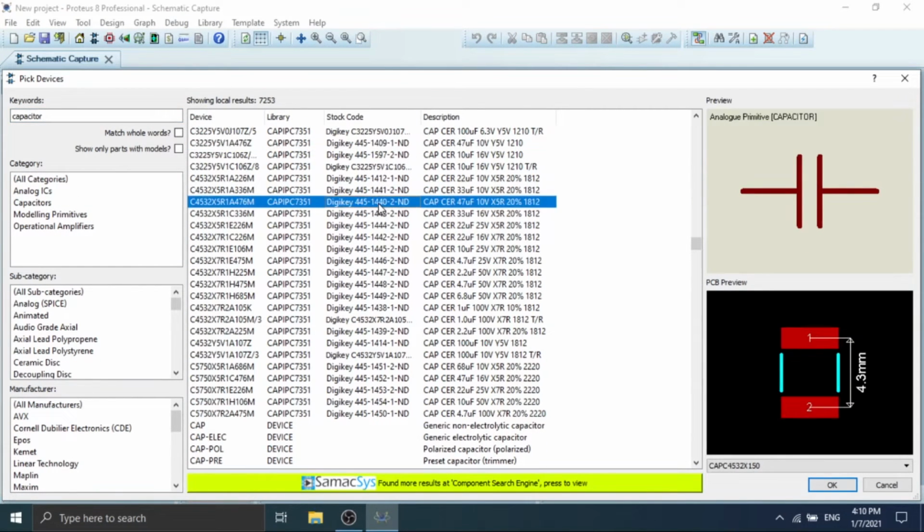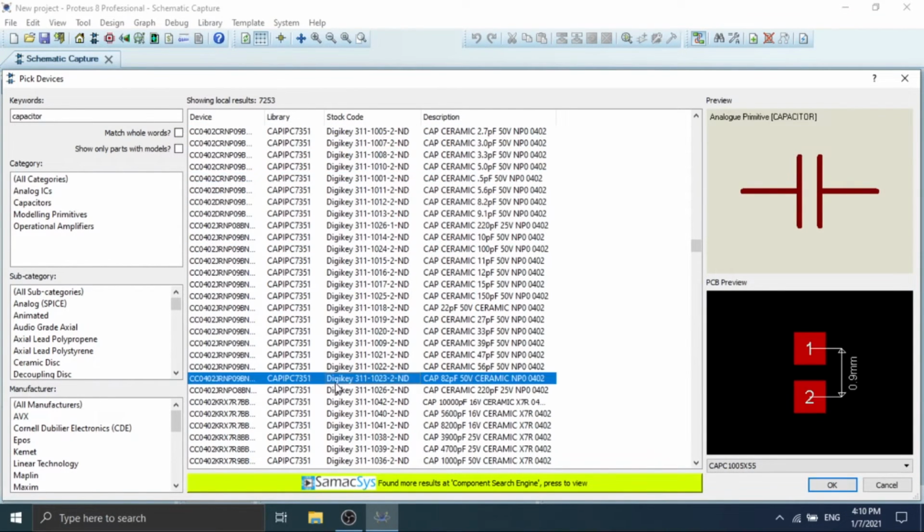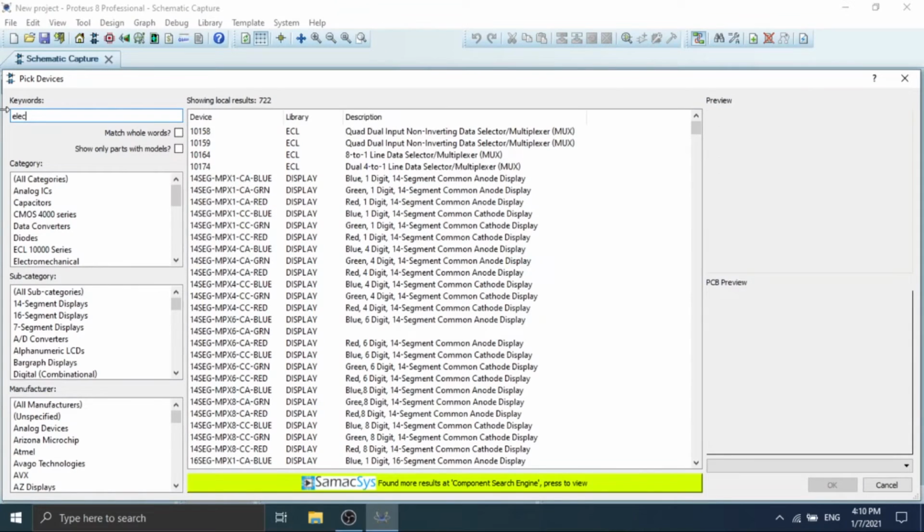We have many types of capacitors. We have ceramic capacitors, electrolytic capacitors, and so on. If I need an electrolytic capacitor, for example, I type here electrolytic capacitor,